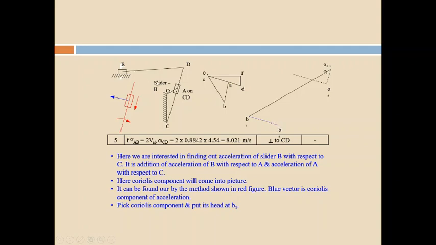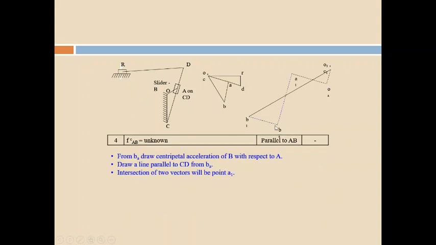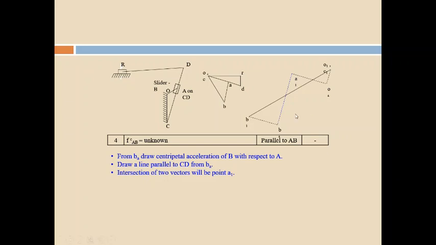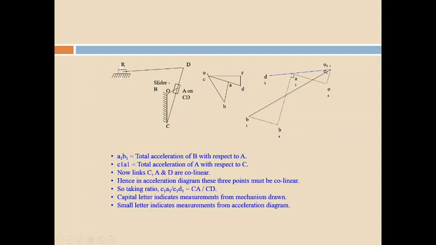Radial component will be parallel to the piston. Parallel to the piston means the piston is traveling in this line CD. So you have to draw a line that is parallel to CD. See, I have drawn the line. So the tangential line of CA and the radial line of piston AB connect at the point A. So now, if you draw a line C to A, you just connect C to A.